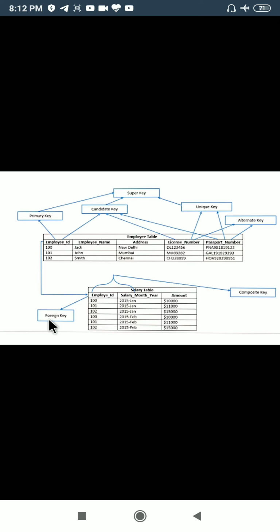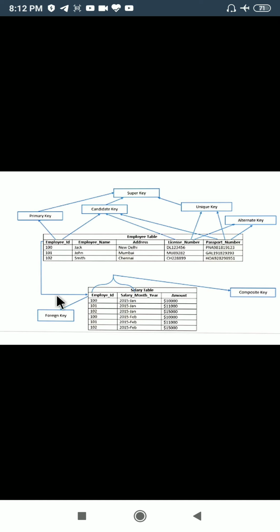Foreign key actually is a key which is not a part of primary key in one table but acting as a primary key in another table. Here the employee id is acting as a primary key.